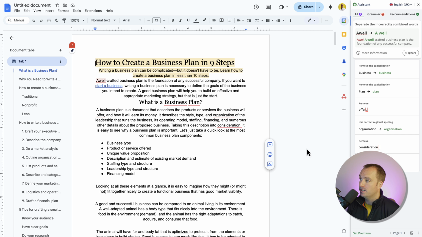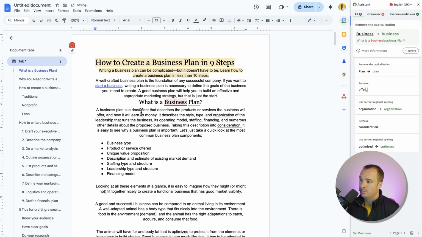Doesn't really matter what it is, but here we can straight away see it's found an issue, a well-crafted business plan. So obviously there should be a space there, well-crafted. I would assume it's fairly good. And what is a business plan? Obviously this is a subheading, so we know we want to keep it as a capital, but it might have said, actually, no, that's not right. And it's given some offers of a little bit of grammar and checking there. But by and large, unsurprisingly, because it's MailChimp, it's a pretty well-written document and there isn't a lot to